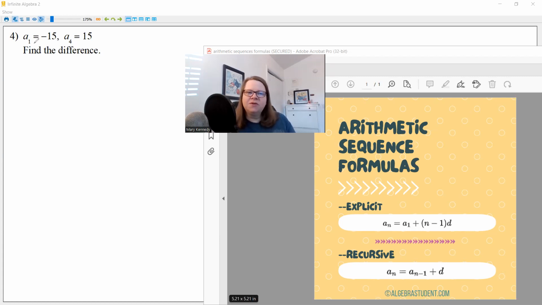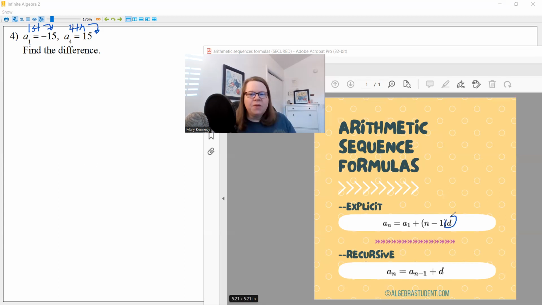All right, so let's make sure we understand the notation here. The a sub 1 means that the first term in this sequence is negative 15. And a sub 4 means the fourth term in this sequence is 15. Okay, so negative 15, and then by the fourth term, we're at positive 15. And we're finding the difference. The difference meaning